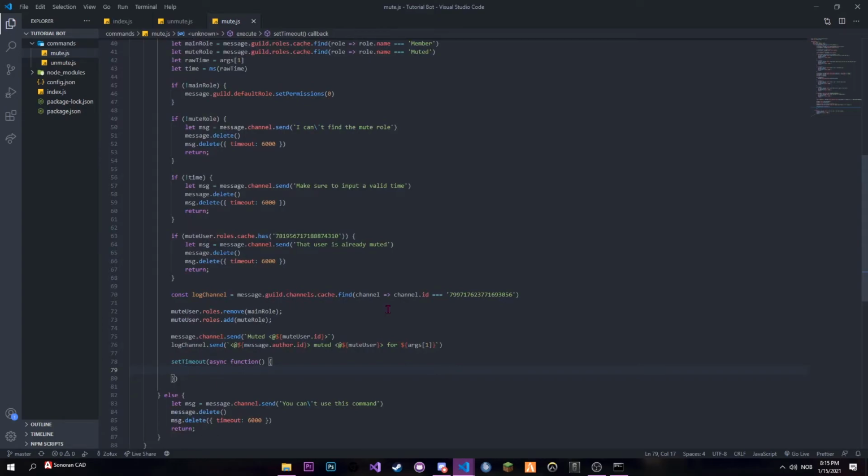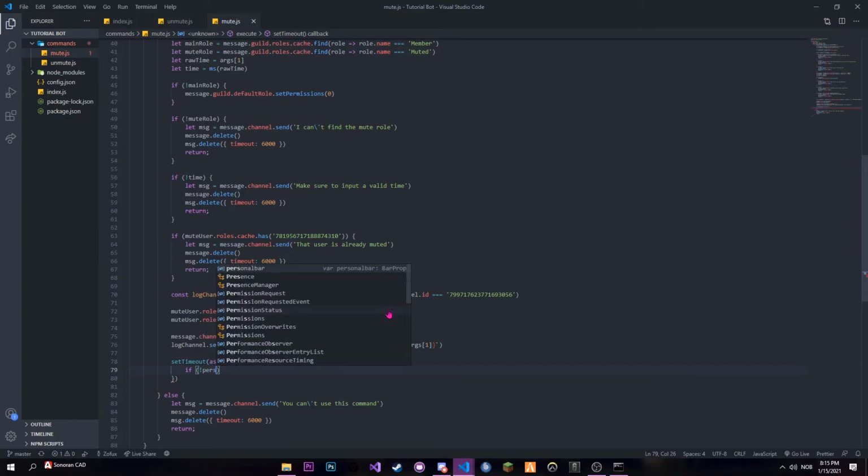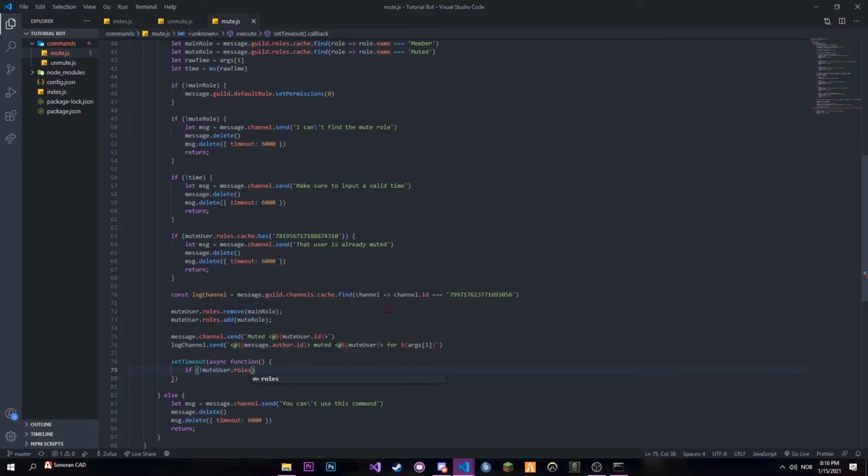Then we want to make sure the user hasn't been. So if the user is unmuted, we don't want to do anything. So if mute user dot roles dot cache dot has,